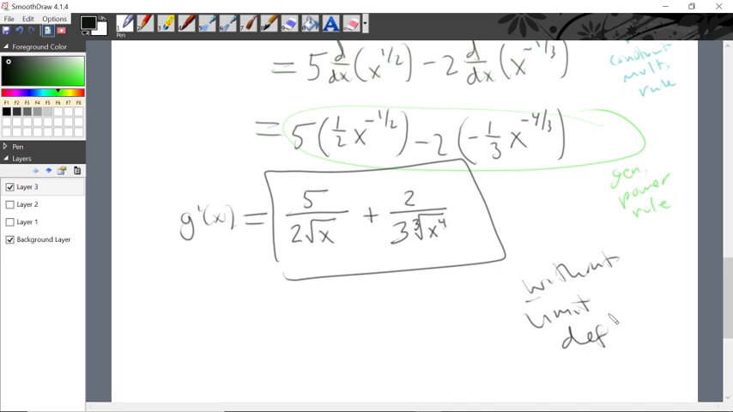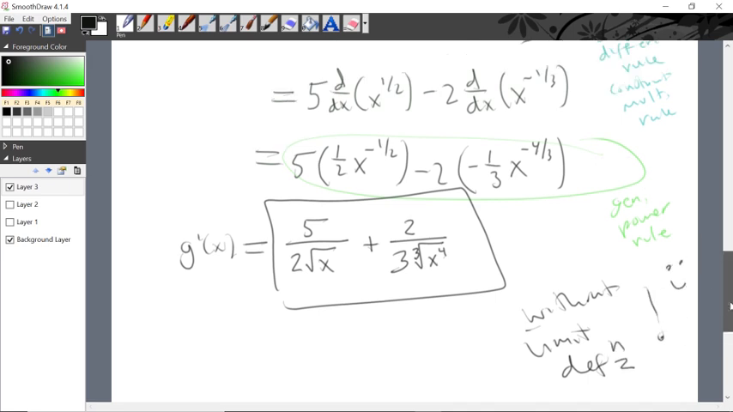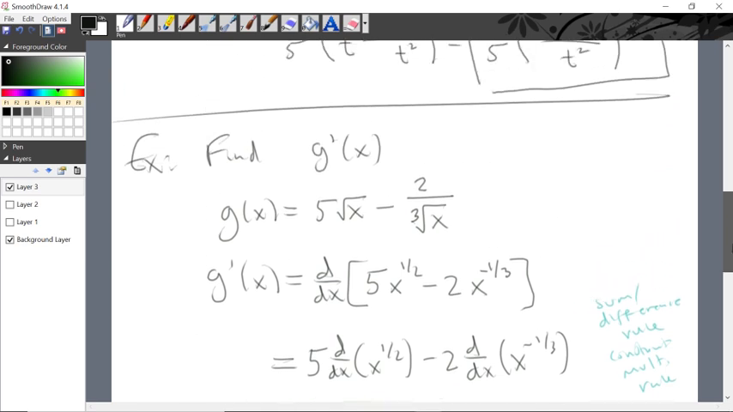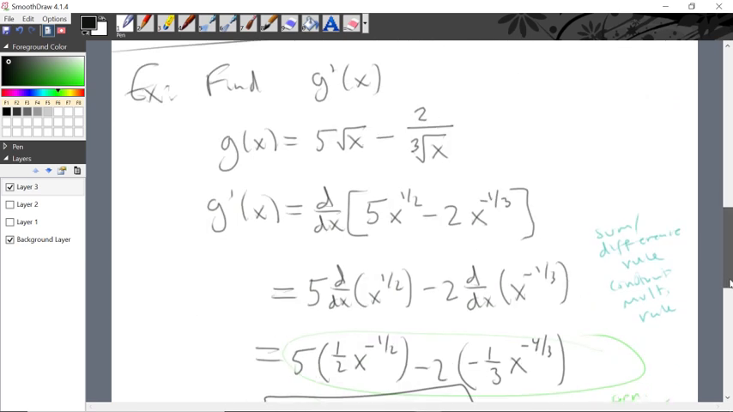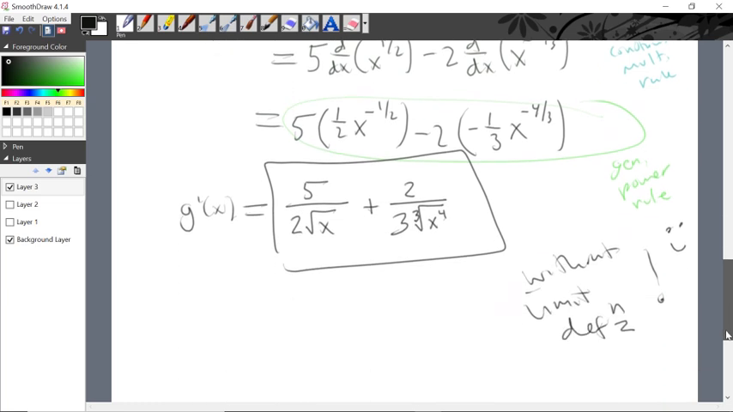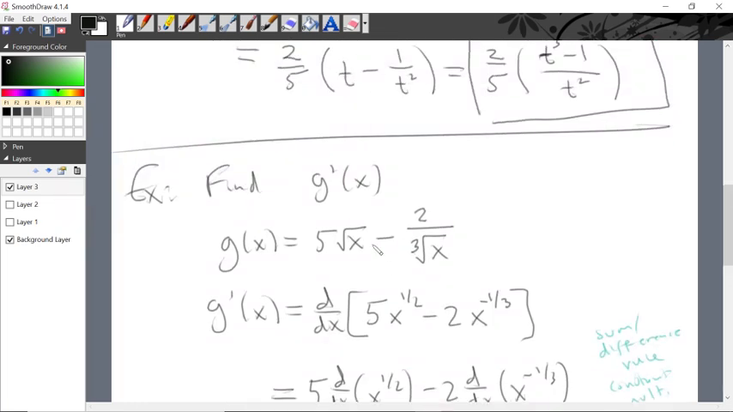Without the limit definition, right? And that makes us happy, because by comparison, with the limit definition, this would have been a lot of algebra to have to do here, a lot. Okay, and we've reduced the workload by just doing a little bit of algebra,